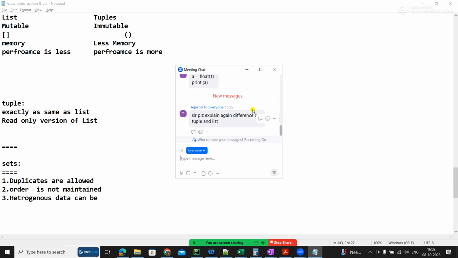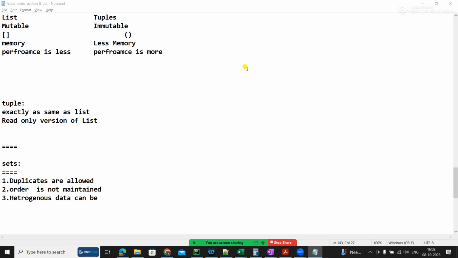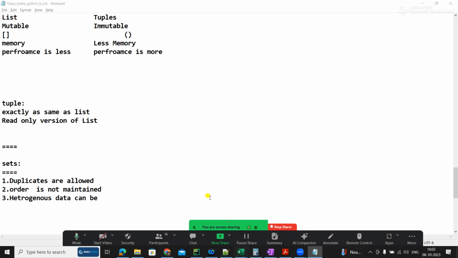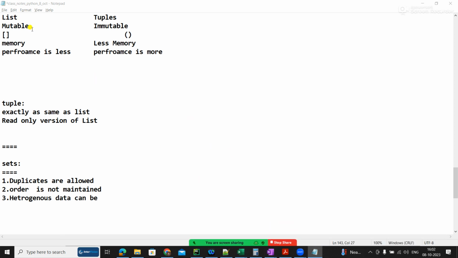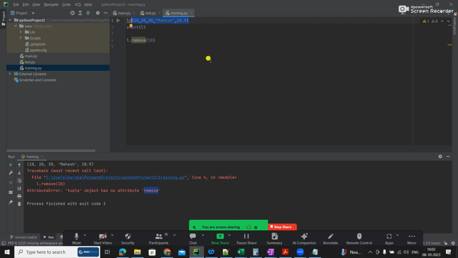Explain the difference between set, tuple, and list. Okay, see, it's simple. First, you have to understand the meaning of mutable and immutable. It's an English thing. Mutable means the things can keep on changing. This is very important. If you have a doubt, please ask me, because this becomes the core of everything. We work on strings, lists, tuples, or dictionaries only. That is what is commonly in our projects. So knowing this is very important. Anyone has a doubt, ask me.